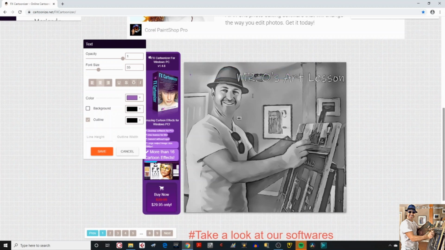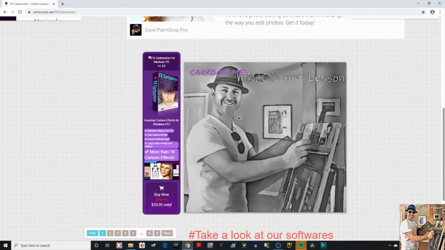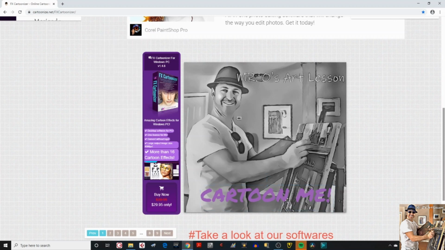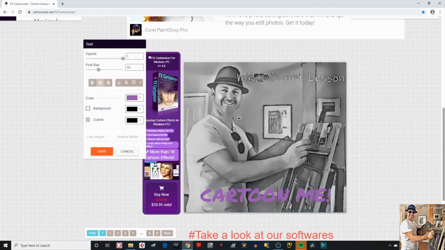So if we want to type in cartoon me, and then you can take that and move it to wherever you want. And then obviously, like many other editing tools, you can just drag that and choose whatever size. Now you can click on that, double click on it, highlight it, and you have the taskbar